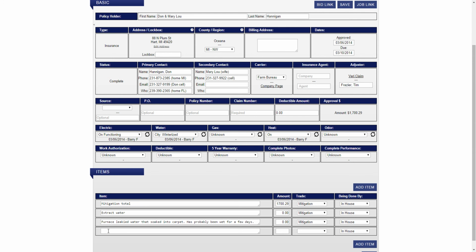Instead, we're going to add a line, and on the line, we're going to add: homeowner refuses to pay full amount, permission to reduce to $1,000 given by John. After that, we're going to put a negative amount in here to equal a total of $1,000. So we're going to reduce the 1729 by